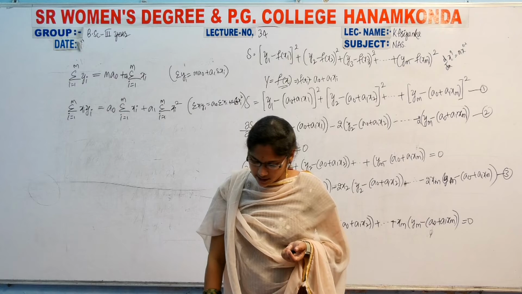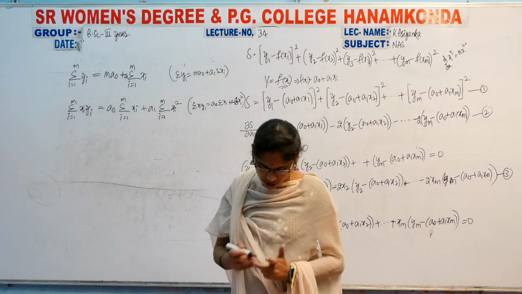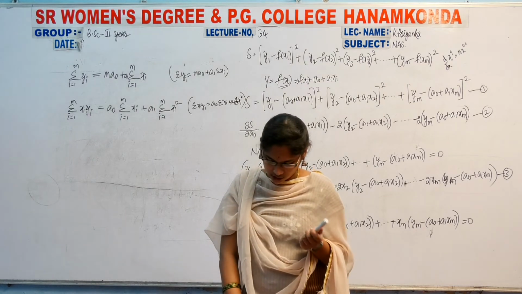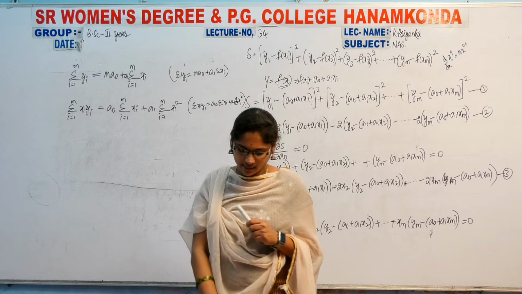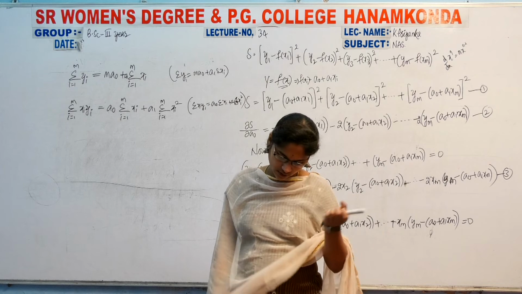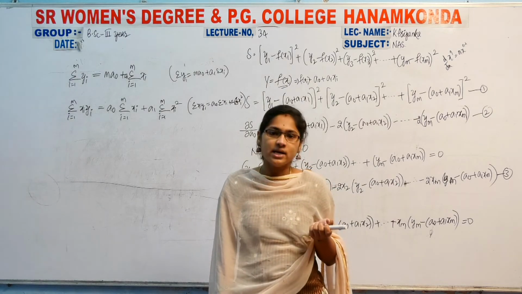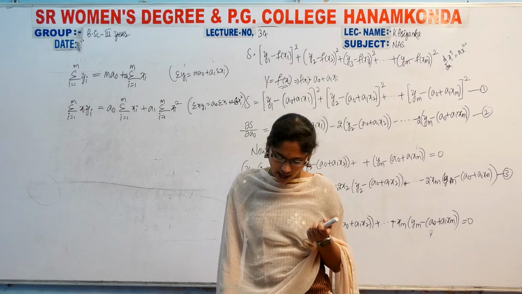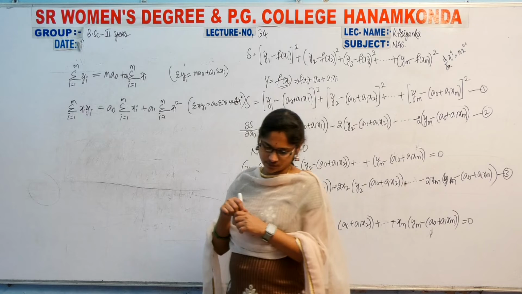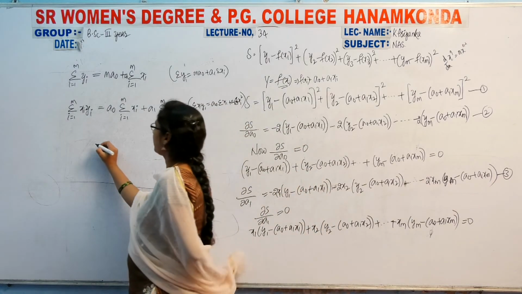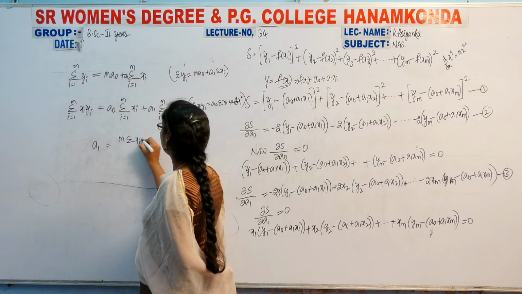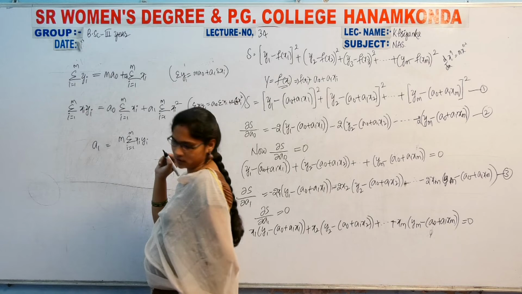These equations are called normal equations, and can be solved for a0 and a1, since xi comma yi are known quantities. Then a1 is equal to